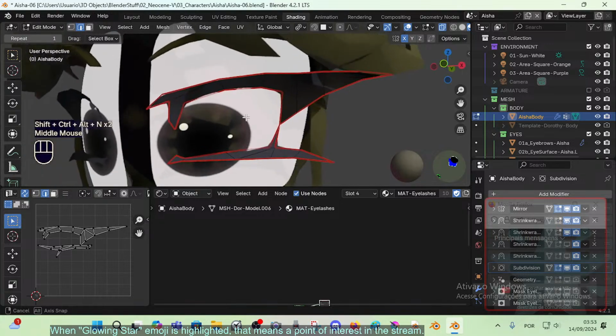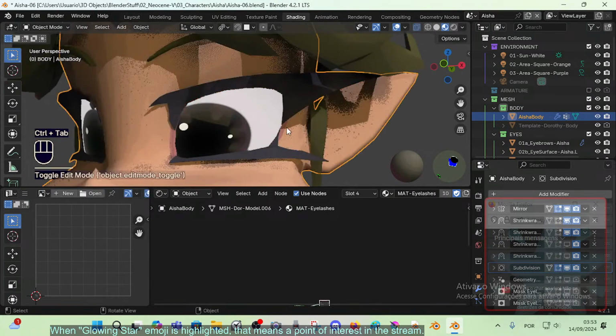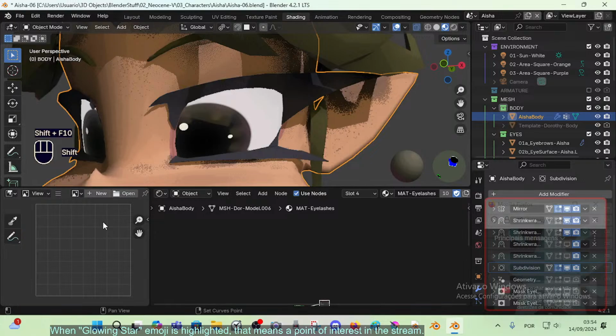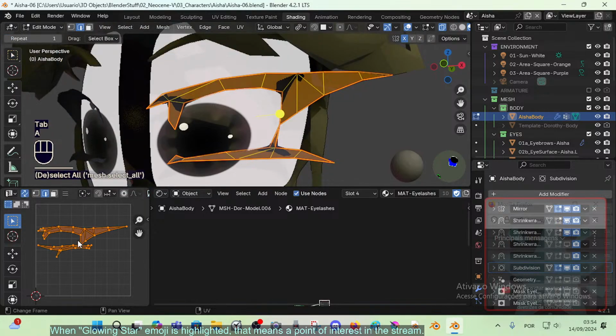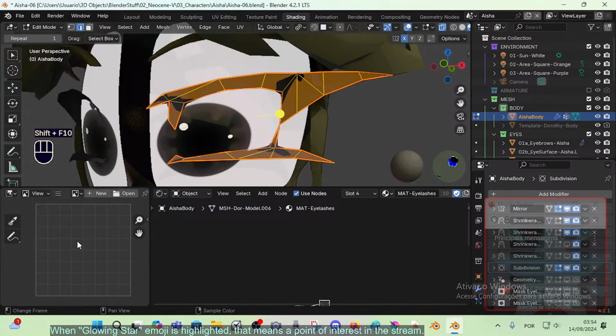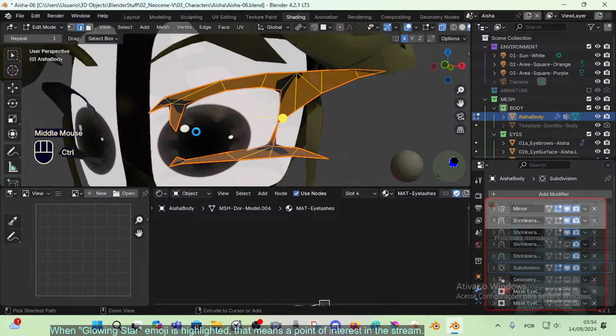Yes. Shift F10 here. No, this is the, all right. UV editor, then the image editor. Let's save here. So